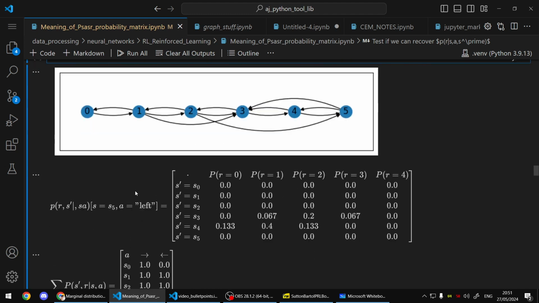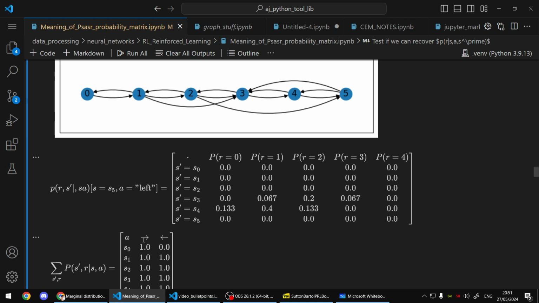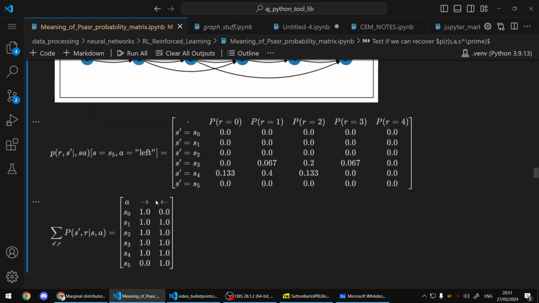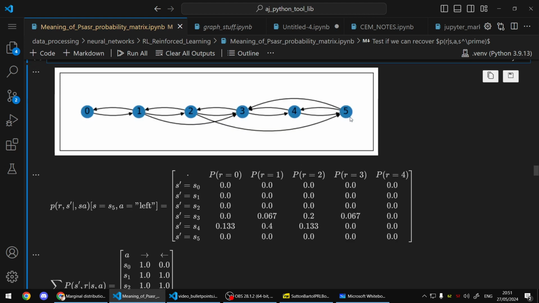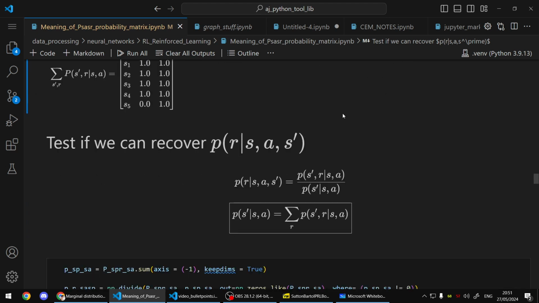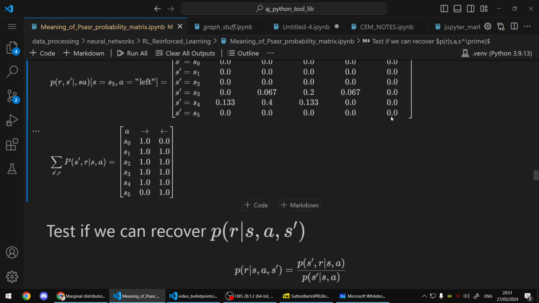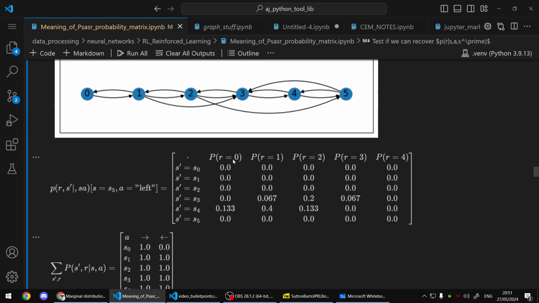We can see that action to the right from state 0 has probability of 1, but it will not reach anything. The probability of reaching some other state to the left is 0, and similarly on the last state. Now we have created this normalized matrix,